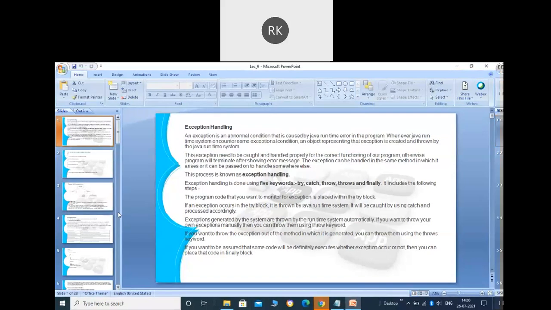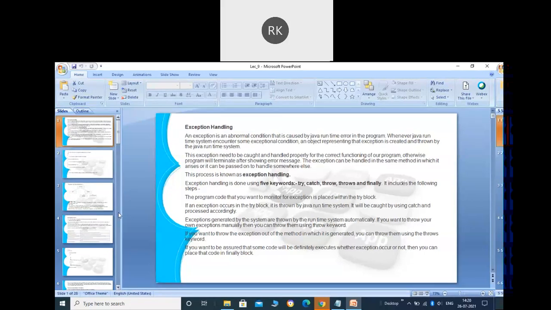So now let's go towards the next topic, and this is, I think, the second last topic we have in core Java: exception handling. After this, the one remaining topic is multi-threading. So there are only two topics remaining now in core Java. After that, we'll be covering the JDBC part, where we'll see how we can connect our console application with the database. And finally, we'll be moving toward advanced Java, where we'll see how we can create websites using Java.